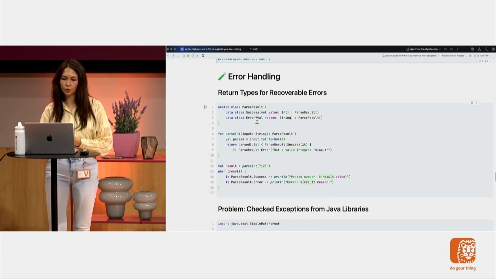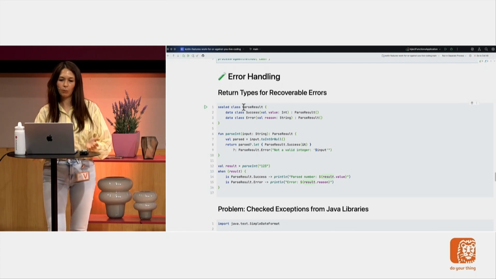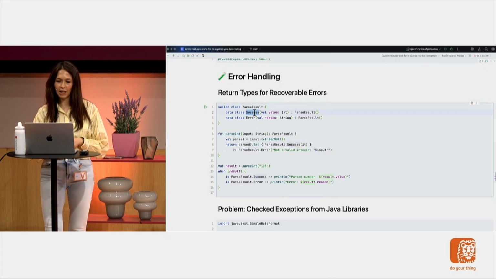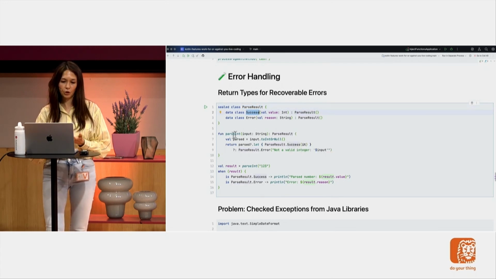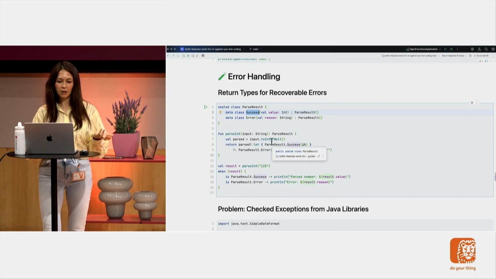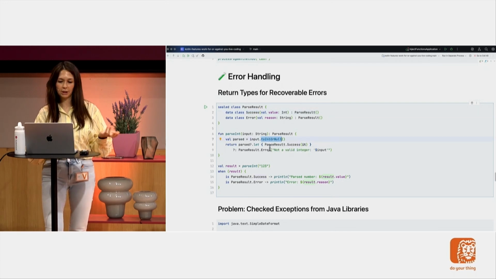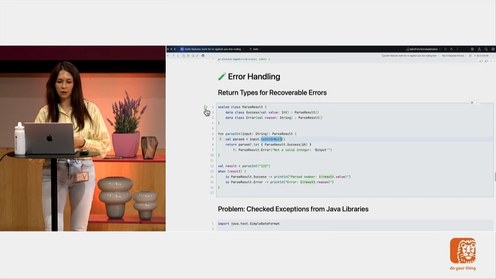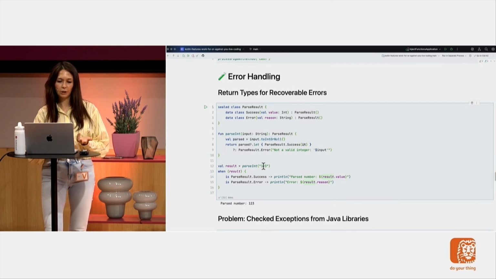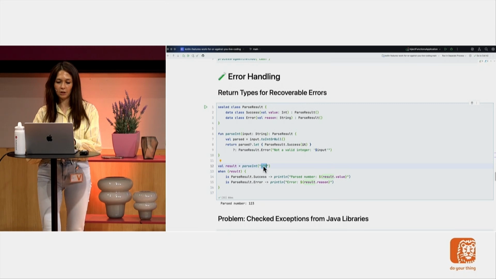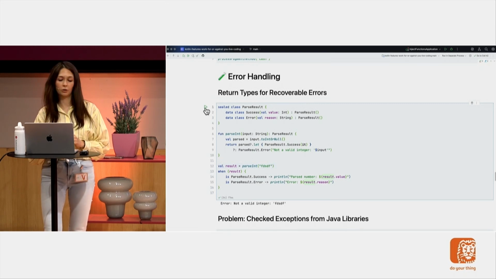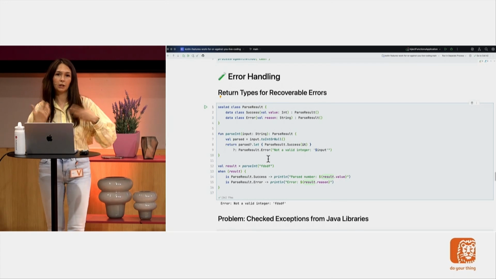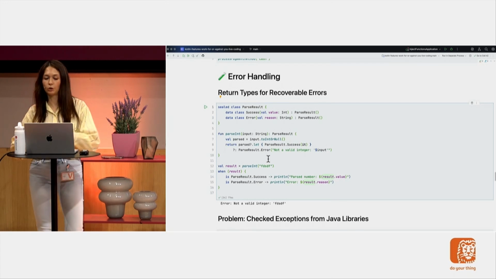recoverable error. In this situation, for example, we have this custom type, a parse result, very simple. So you have success when we want to parse the integer, and if it's successful, we return a success. If it's not successful, we return an error. So if this is 1, 2, 3, an integer, it will be successful. If I give it rubbish, then it will give me an error. This is what Kotlin encourages us to do, and with rich errors, we will be able to do it